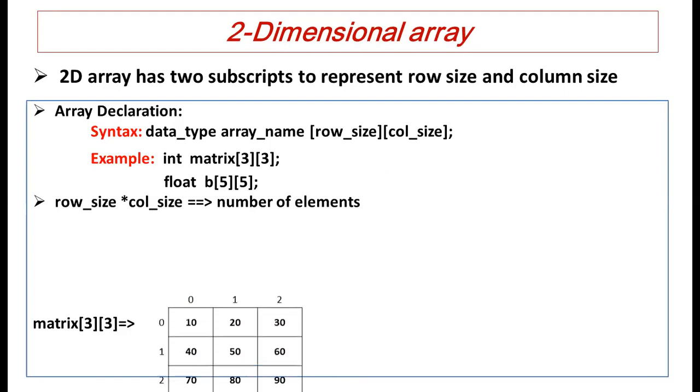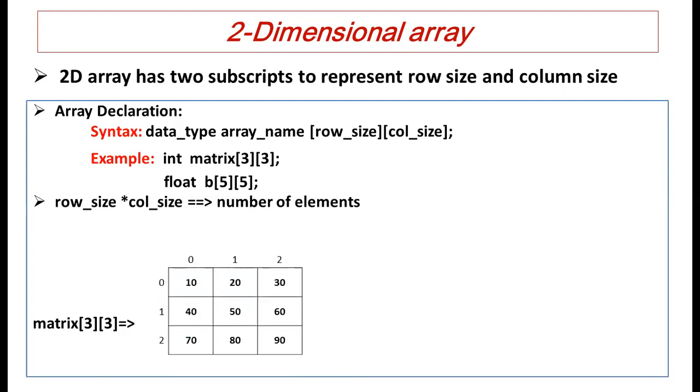How elements can be stored and how it looks in memory location, we'll show through this diagram. See this diagram here, 3 rows: row 0, row 1, and row number 2. Rows and columns always start from 0. Here the 0th column, column number 1, and column number 2. Okay, 3 rows, 3 columns.